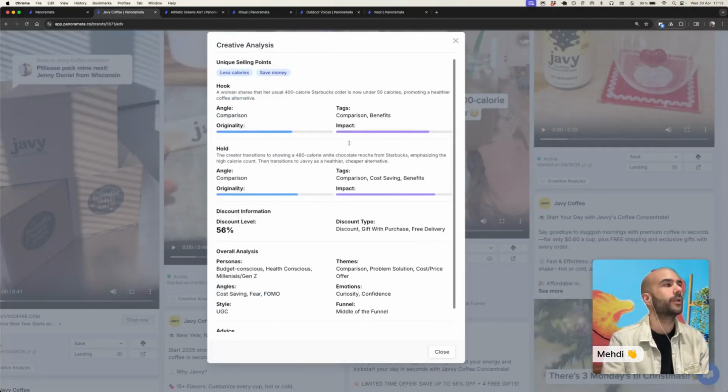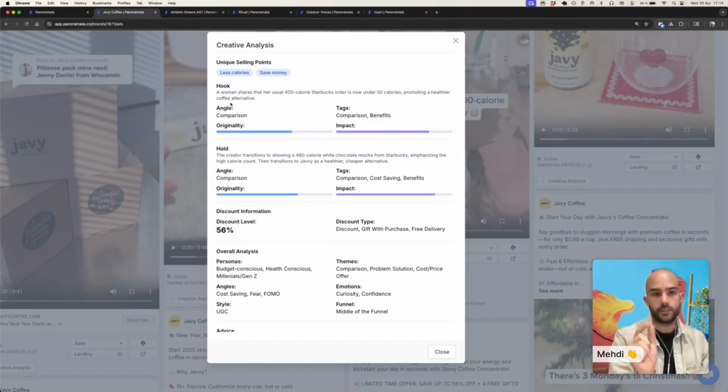You can access the whole analysis of the ad itself. How's the hook? A woman shares that their usual 400-calorie Starbucks order is now under 50, promoting a healthier coffee alternative. What's your hold? The hold, while the hook is the section between 0 and 3